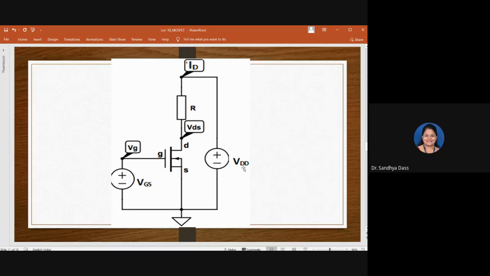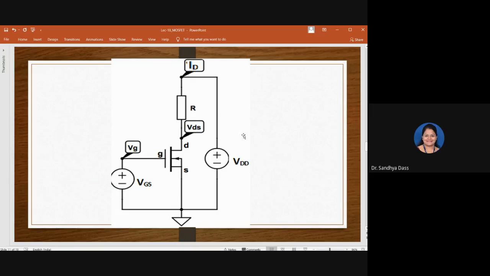So when you do that, how will you note down all the recordings? Say you vary VDD, so you maintain VDS at some value. To do that, first you will keep VGS at some level, say starting from 0, then going to -1, -2, -3, something like that. So you keep VGS constant and go on varying VDS. For the different values of VDS, note down the drain current. Are you getting my point?